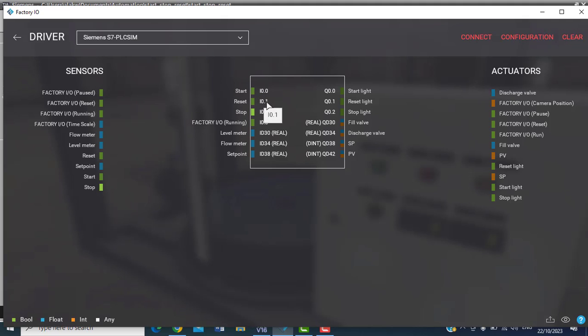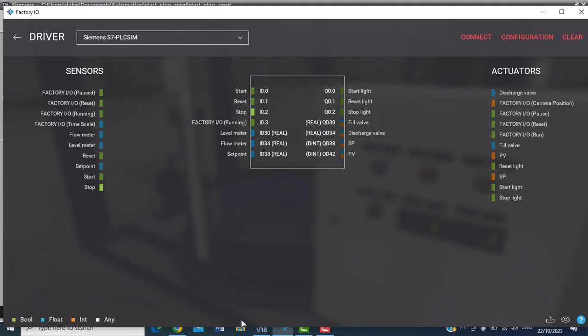Why this one, bit 1 inside byte 0? This one, bit 2 inside byte 0. And the Q here means output. Actually, I know some of my homies could confuse this with O, now 0, or O rather. So instead of O here, there's a Q. So Q here is for output. Anytime we see Q, just know it stands for output. So the same thing here: output byte 0 and then bit 0. So this one is bit 1 of byte 0 of the output card, right?